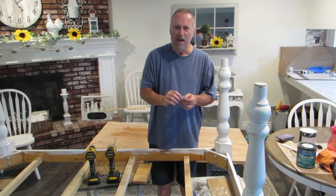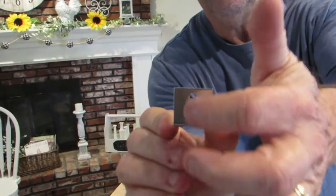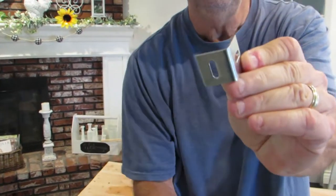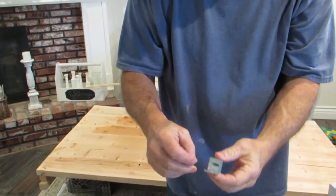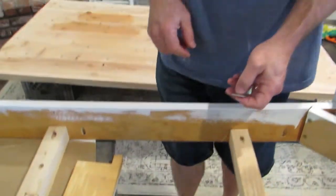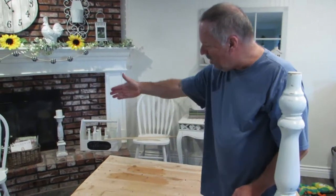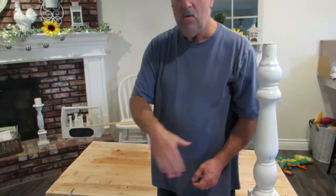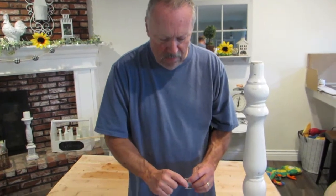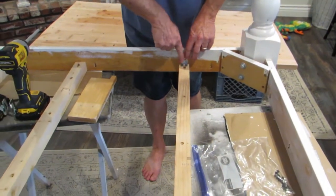So we bought these little, oh, come on. See how they're slotted this way and then this way? So I'll put these on like this, where the slot goes this way, because the tabletop grain is running long ways. Well, if the grain runs long ways, it's going to spread this way, not this way. It's going to spread out this way. So this will give it room to move. You'll put this in there,